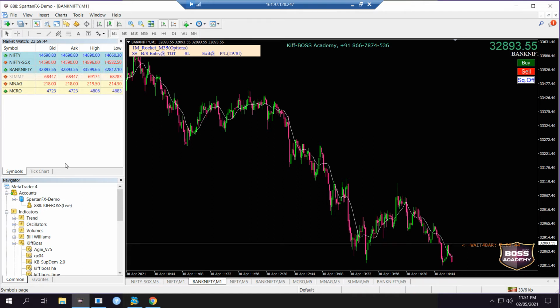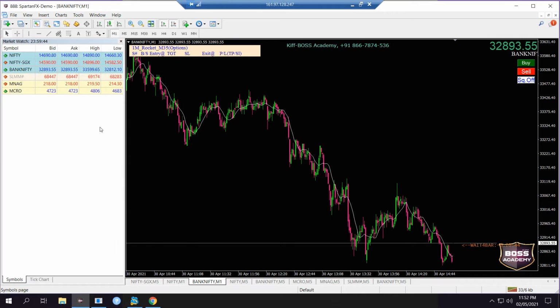For robo trading, we are using two softwares. One is signal generating software, another is robo execution software. The signal generating software with the strategy is very important. Here we are using the global forex trading software, MT4, MetaTrader 4.